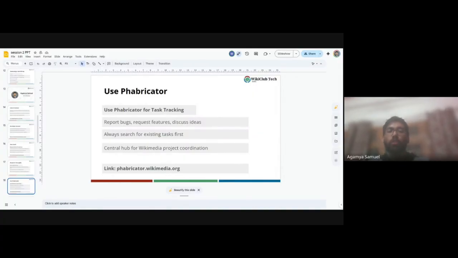Also, this is a good place where you can search for good first tasks. All the good first tasks are basically listed on this also. There are certain tasks on GitLab and GitHub also, but Phabricator serves as the main source of truth. So it's usually recommended to search first on Phabricator, then move on to other platforms like GitHub and GitLab. So I hope